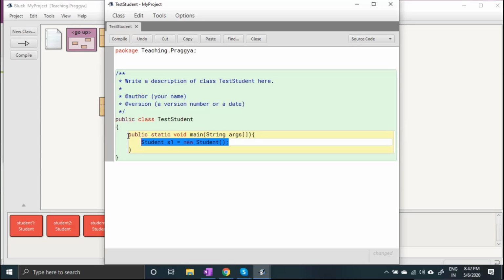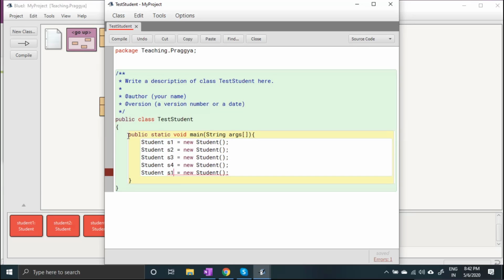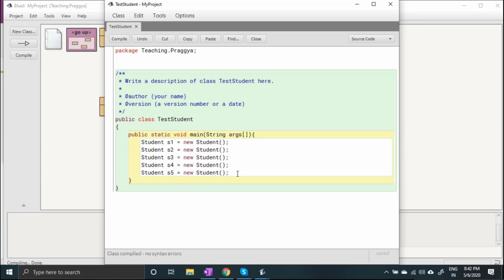Say for example, you have created five objects, s2, s3, s4 and s5, right? So you created five objects, and now you can call the methods.